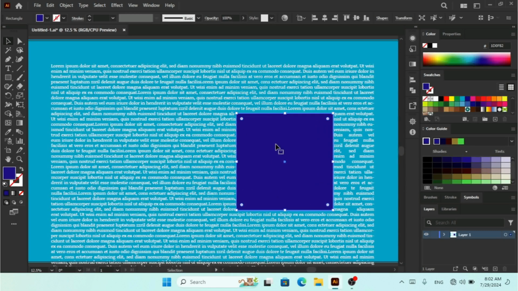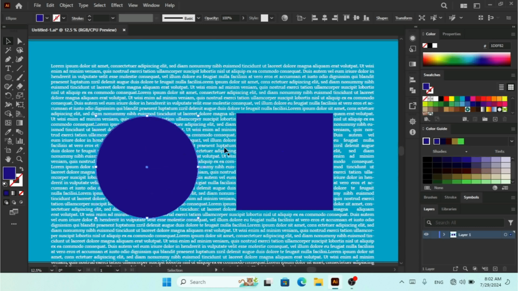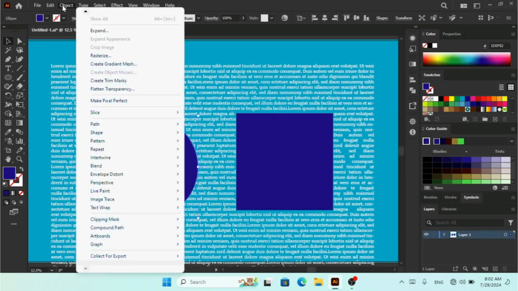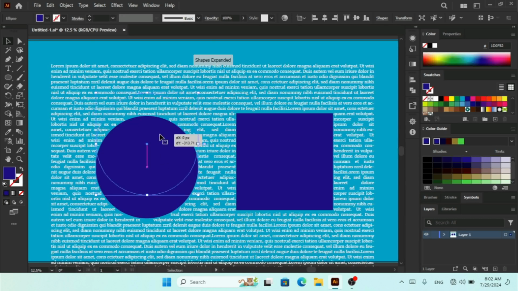Not only that, you can apply this text wrap for this rectangle shape, but you can apply it on different shapes. So here let me show you. I'm going to make this ellipse by holding Alt and Shift. I'm going to draw this and I want to put this right here, and I need to apply this text wrap. So I'm going to click on make. So as you can see,